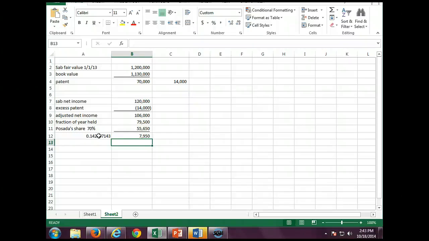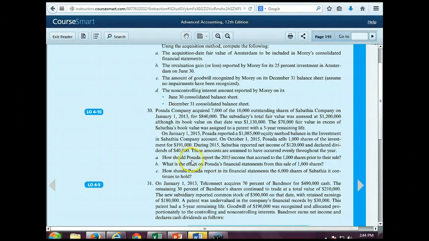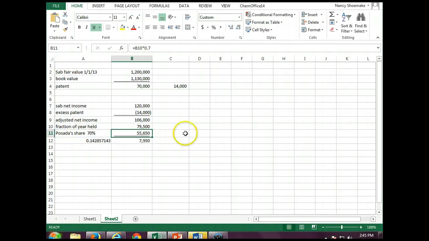Does that make sense? Yes? No? What did you times the 14% by? I times it by the 55,650. How should Posada report the 2015 income that accrued to the 1,000 shares prior to the sale? So basically what we're showing here is if we take Sabetha's income, take away the amortization, take 70% of what we own,